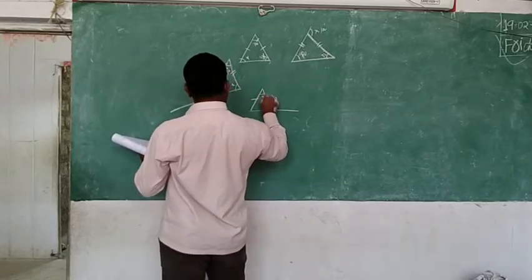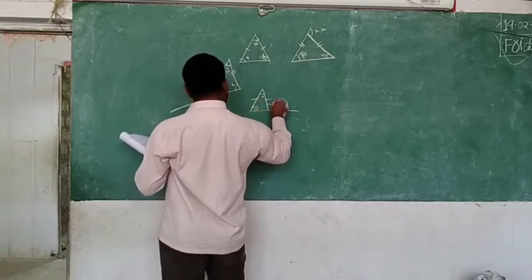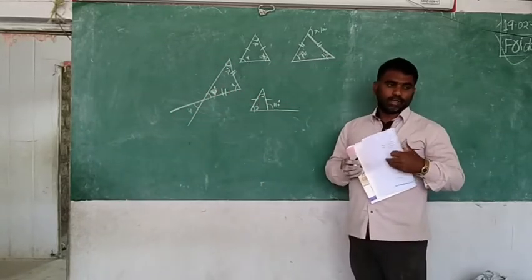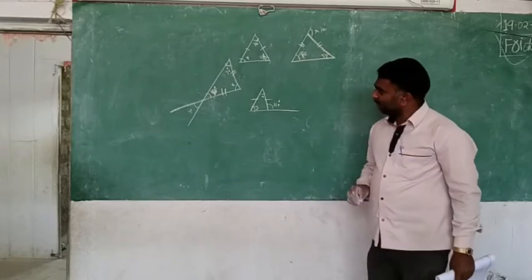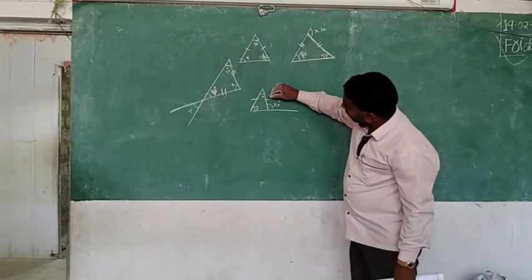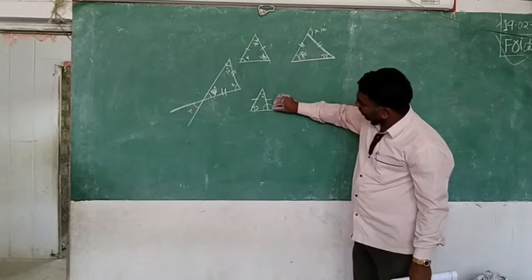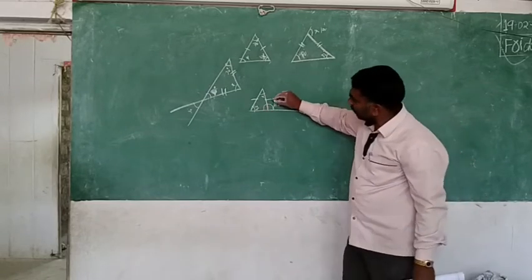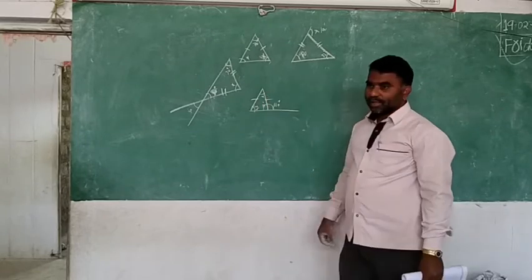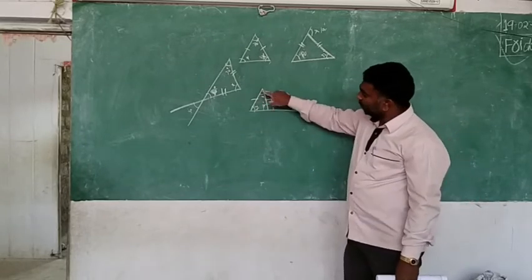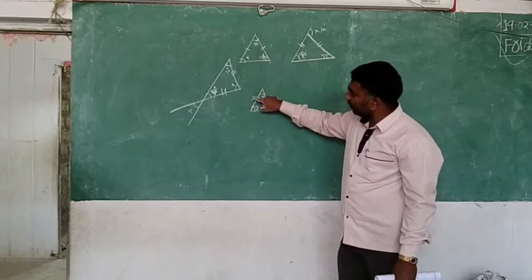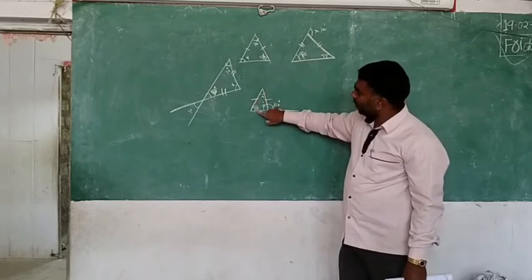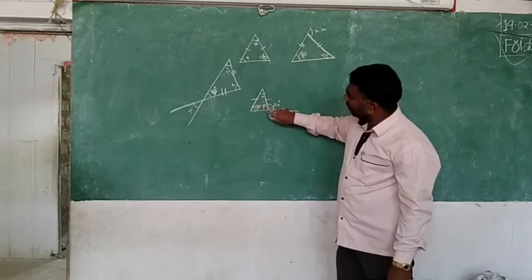This is x, this is y, and it is 110. X plus 110 is equal to 180. X plus, this side 110 on our side, that's this side x, adding to 180. So what will you get? Can you say? 70. So first we will find this. Then two sides are the same, two sides equal, so the opposite angles are equal. Which is 70 here? This one or this one? Y is also 70. This 70 means you can find this one.